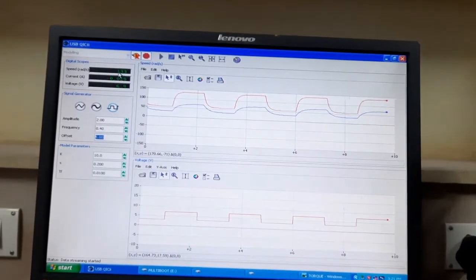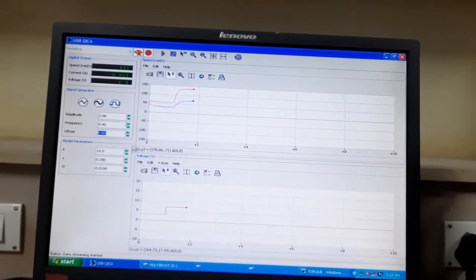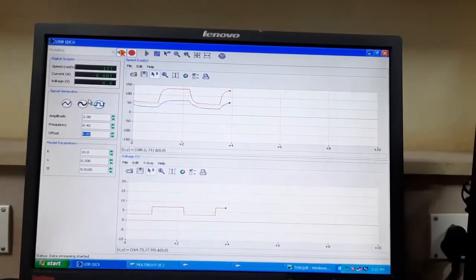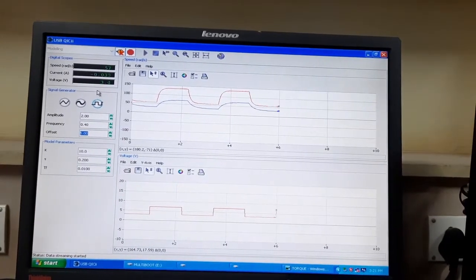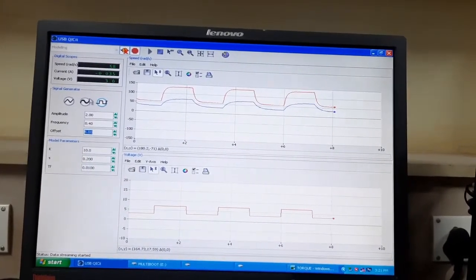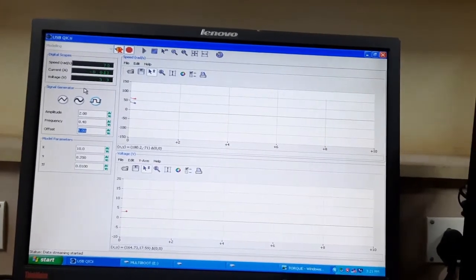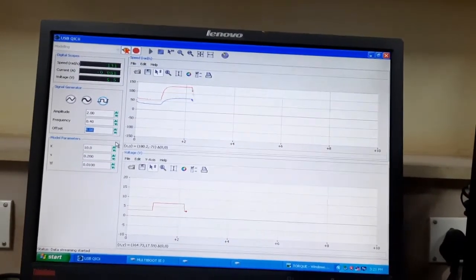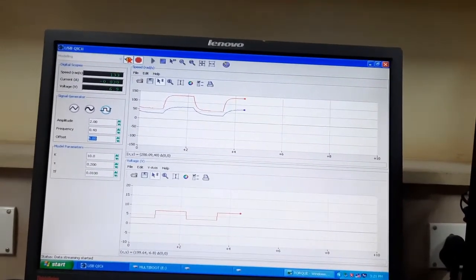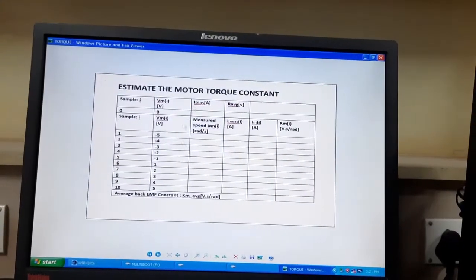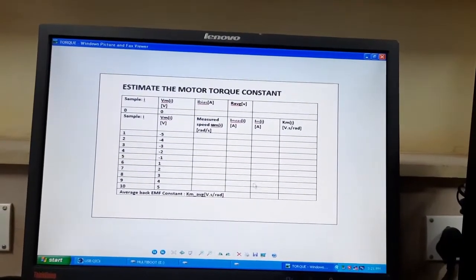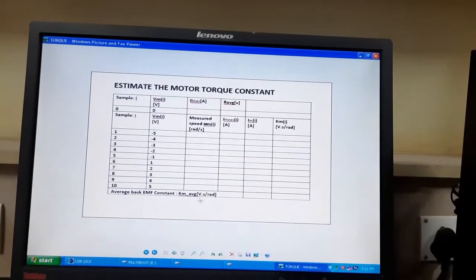Maximum it is showing 134 or something like that. So in this case also we have to take 10 readings with different values of offset from -5 to 5, complete this tabulation part and find out this Km average.